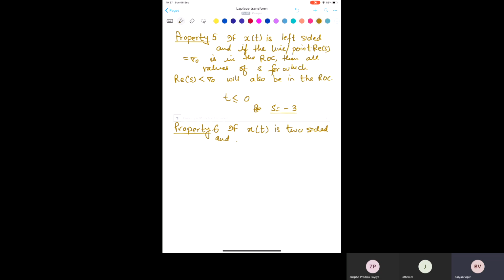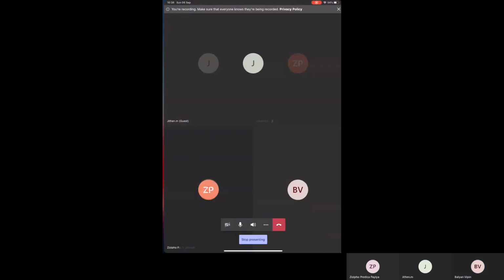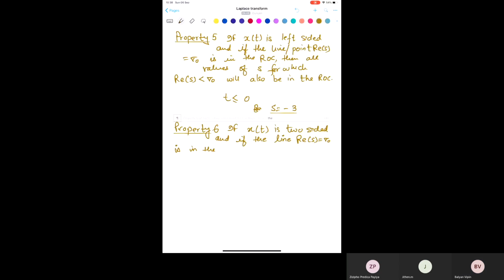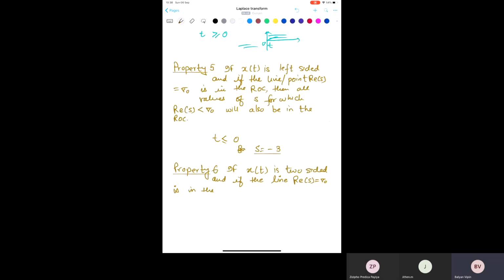And if the line or the point real s equals sigma naught is in the ROC,